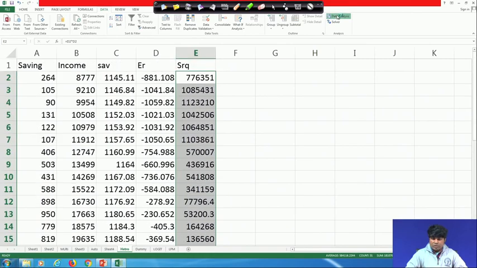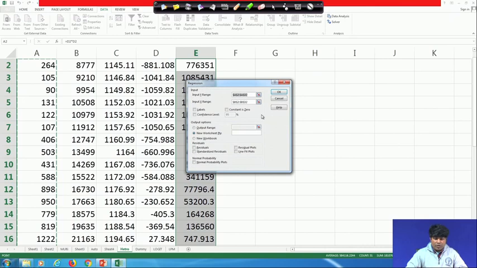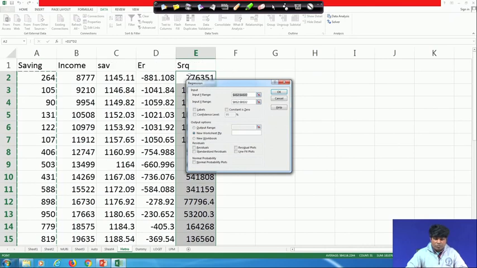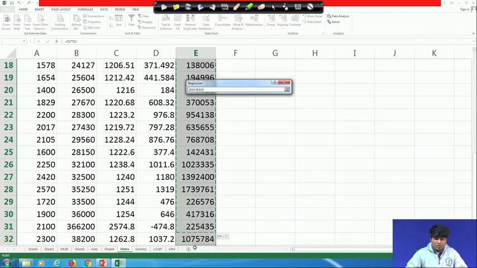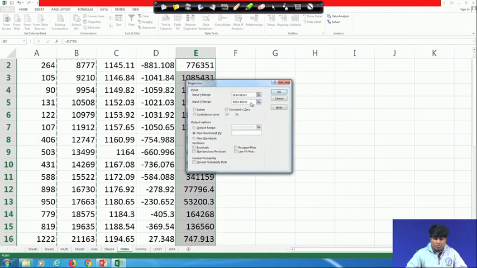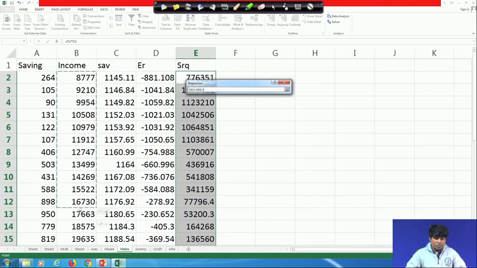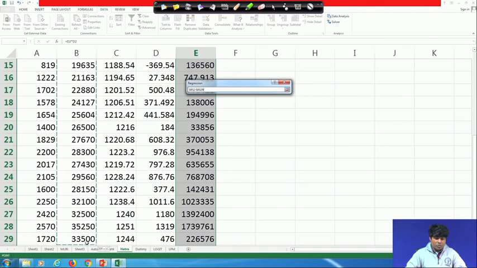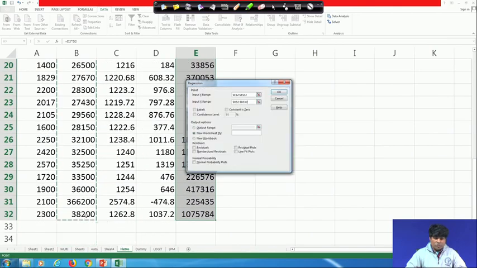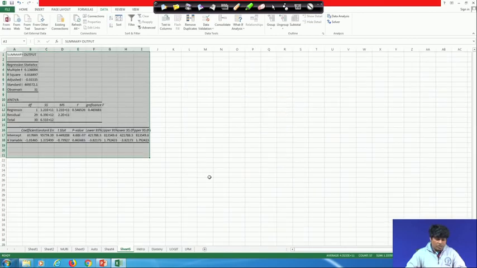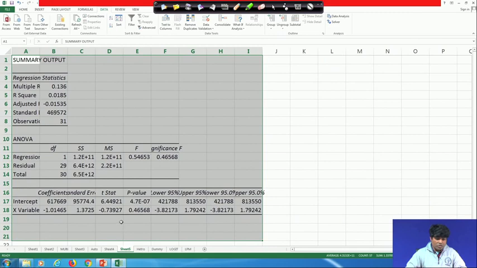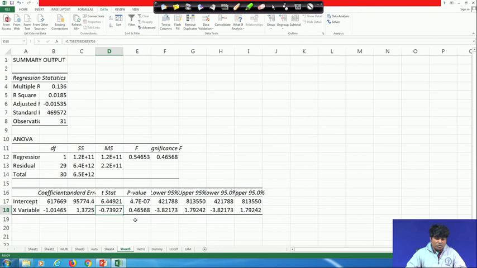Now, what will you do again? You go to the data analysis package and again choose the regression, and here the choice of the dependent variable is the square of the error terms, with respect to any one independent variable or series of independent variables. You connect these, then you put OK, and you will find again a regression output and check whether it is statistically significant or not. In fact, in this case your variable is not coming statistically significant. That indicates that heteroscedasticity is not so serious a problem,